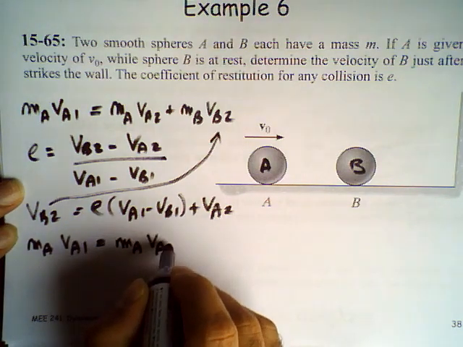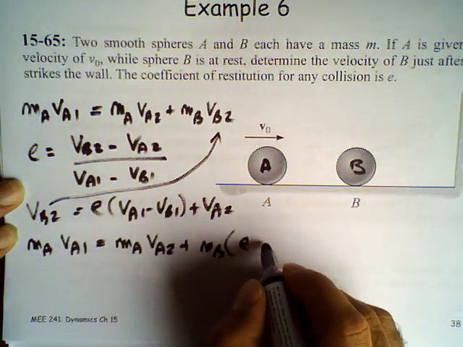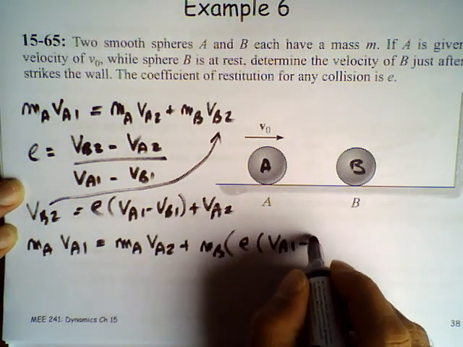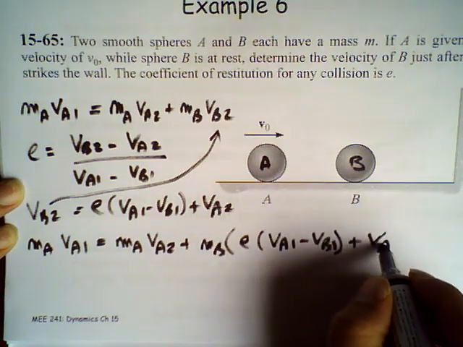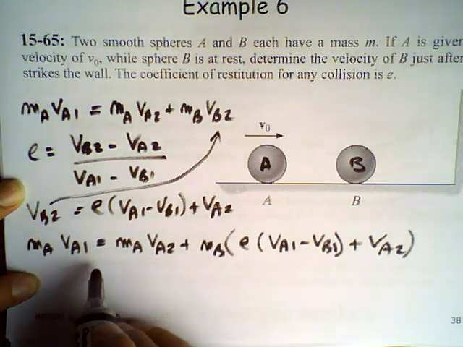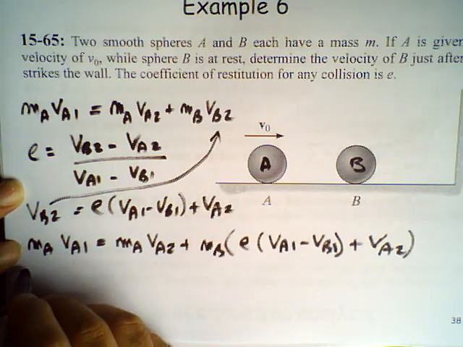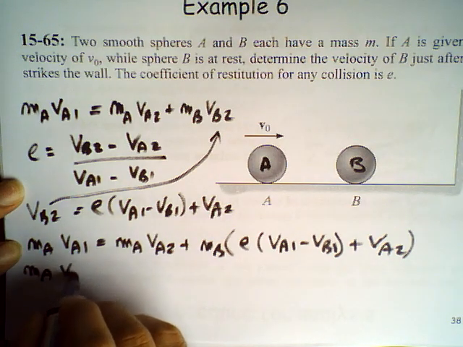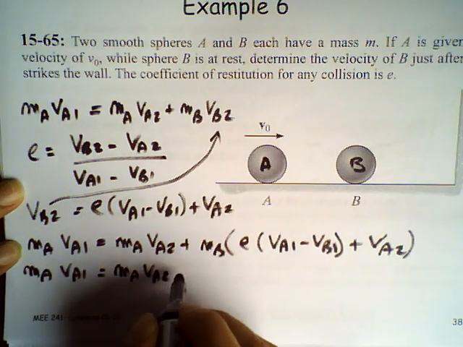MA VA2 plus MB, the whole thing, E. Okay, now I'm gonna be able to solve for VA2 from here. So what is that? So MA VA1 is equal to MA VA2,